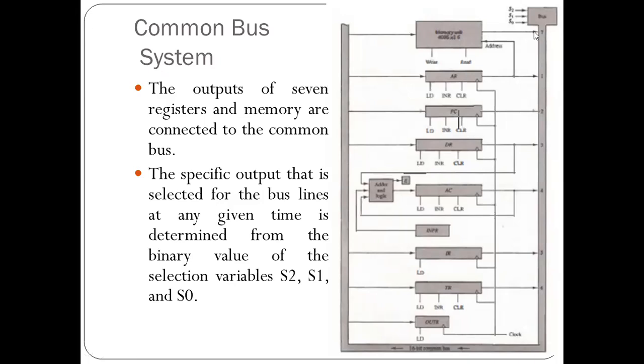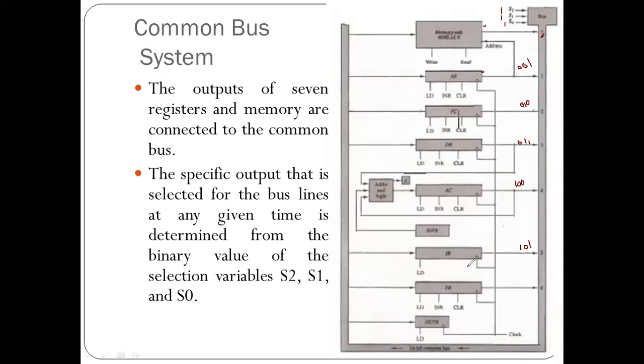Is it visible? Yes, ma'am. Okay, so if all the 3 lines are 1, then it selects the memory unit, hence it is 7. If the lines are 0, 0, 1, it selects the address register, which holds the 12-bit address. If it is 0, 1, 0, it selects the program counter, so PC is selected by 0, 1, 0. And if it is 0, 1, 1, it selects the data register. The accumulator is selected by 1, 0, 0, and 1, 0, 1